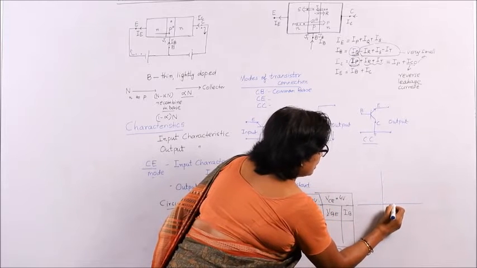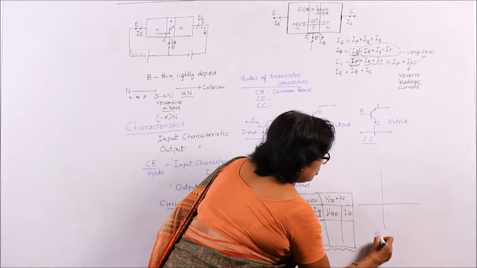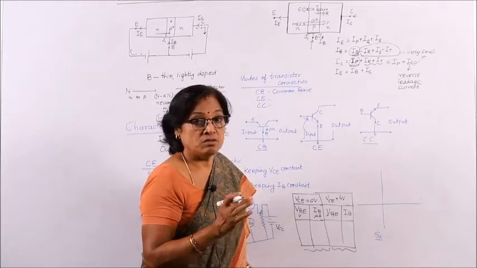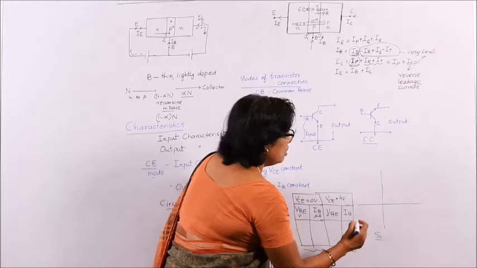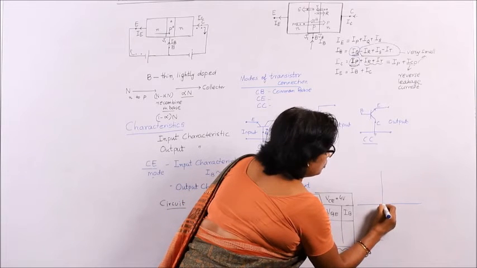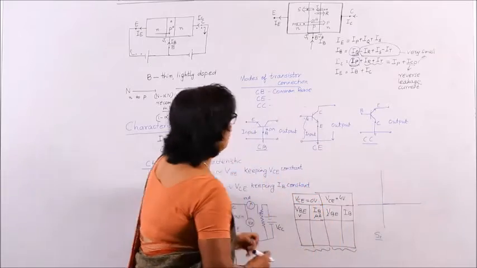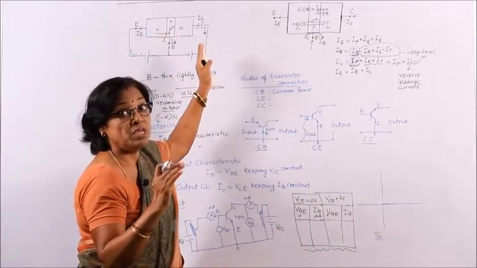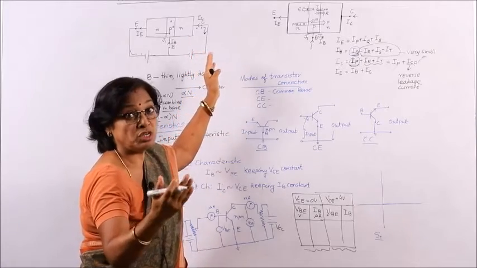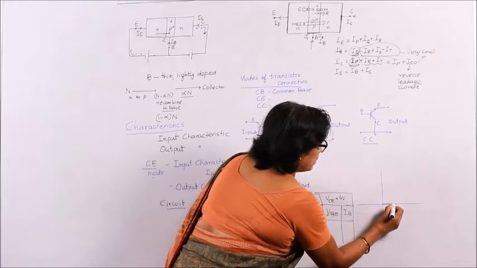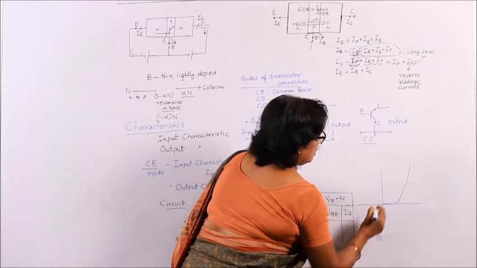Let us say I am taking a silicon diode. So, if my NPN transistor is made up of silicon semiconductor, it will go up to 0.7 volt. Up to that there will be no current. Why? Because the forward bias is not overcome, the depletion region of the forward emitter base junction has not been nullified. So, till that point there will be no current, then suddenly the current increases.